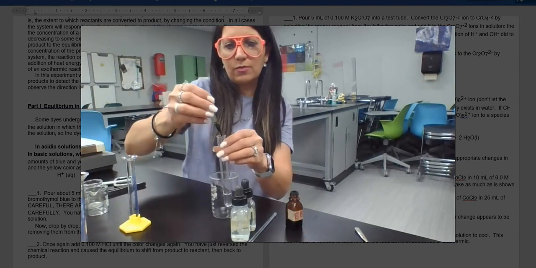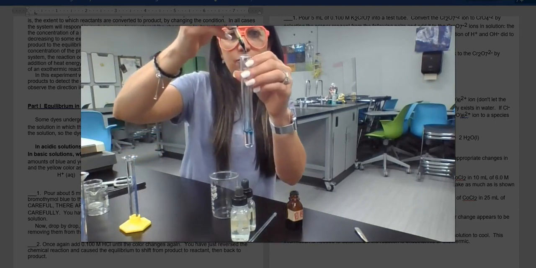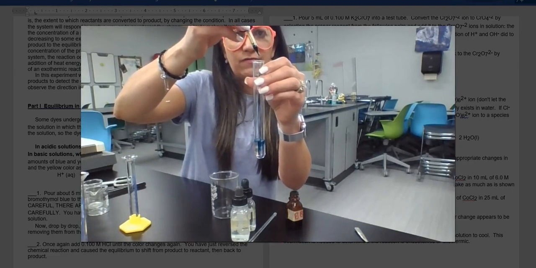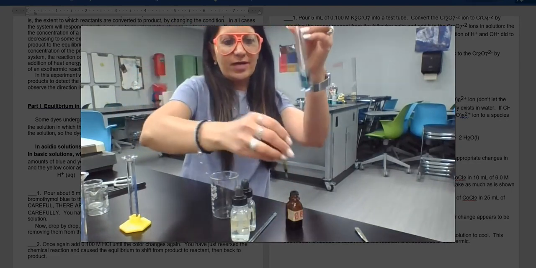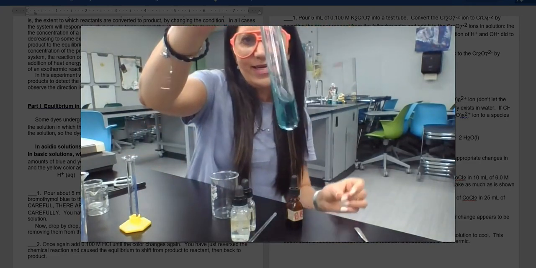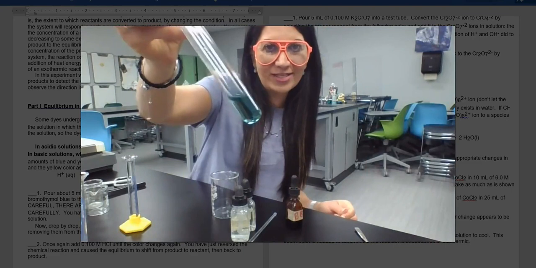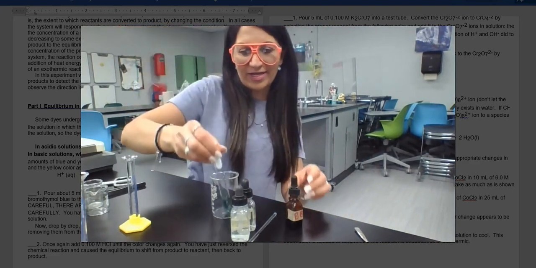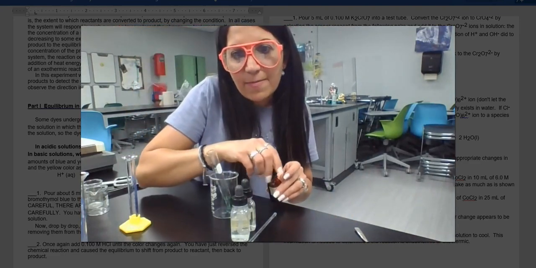about 1, 2, 3, 4, 5, 6. So we've got our bromothymol blue added in here, and you can see a little bit more of the greenish color, right, which is just the water inside of there. Okay, and then it says,